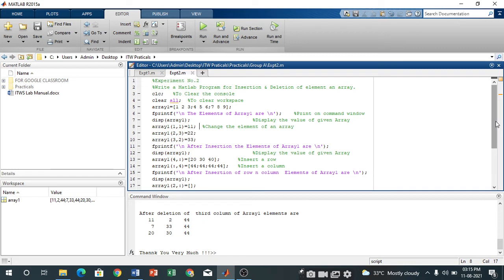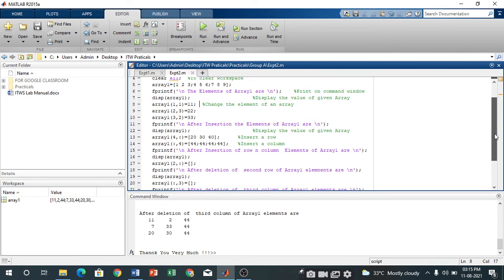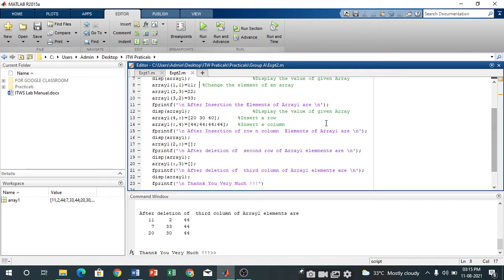Okay, so in this way, another way we are going to add data, to insert. Just same, here we are inserting elements into the array, just the same we insert a row and column into the given array. Okay, so here array 1 fourth row, we add 20 30 40.